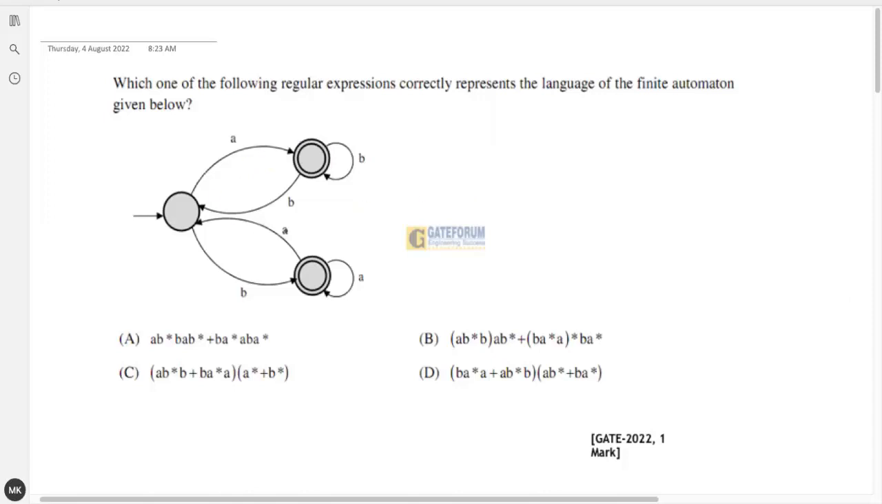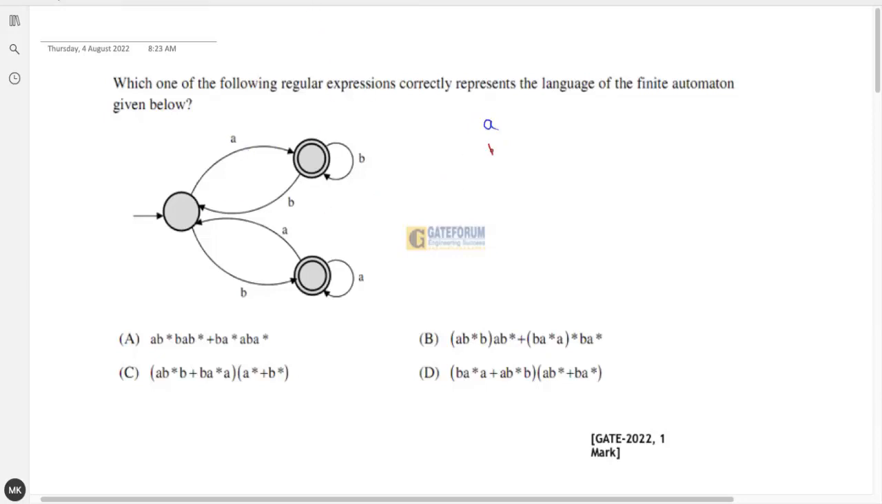So this is the automata given below. You have to write the regular expression for this. We will see a few ways of writing the regular expression. First, the basic way is to check the smallest string that will be accepted by this automata. If you see properly, the smallest string is small a